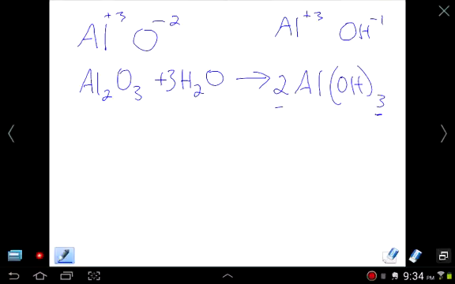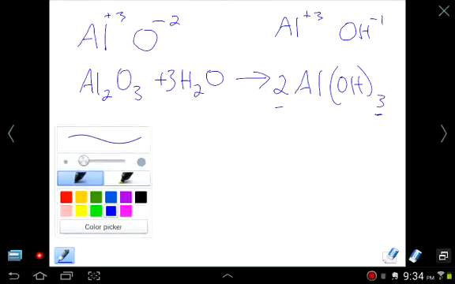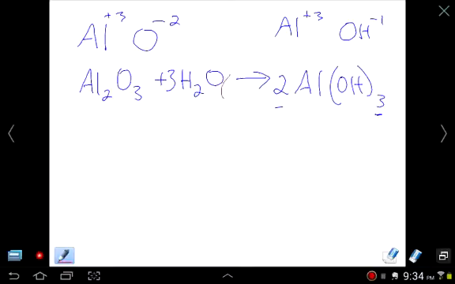Now if you want to include the state symbols in here and try to write the net ionic equation for this, let's go ahead and this is aluminum oxide. Now metallic oxides by themselves will always be solids, because really any ionic compound is a solid. And then on this side, obviously, aluminum hydroxide, because we've placed it into water, is aqueous. So because nothing will cancel out on the left side, and this will be split up, you can say that your net ionic equation,